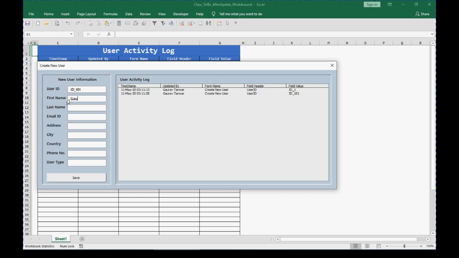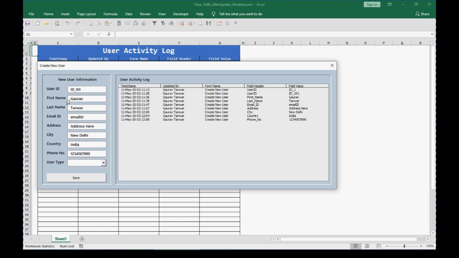Let's say I put my name here, any address here, city is Delhi, country is India, phone number is 700, and the user type.